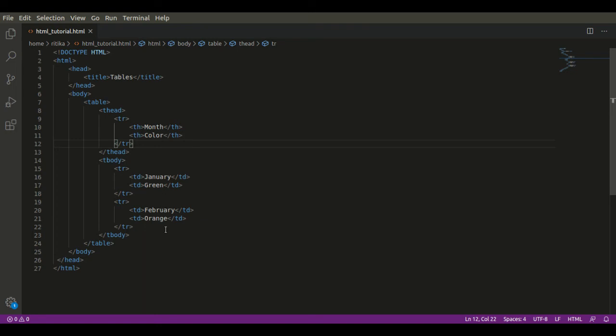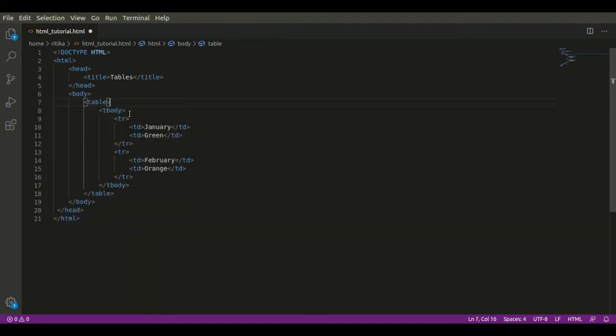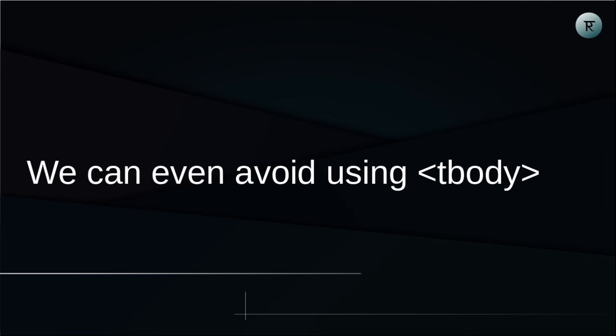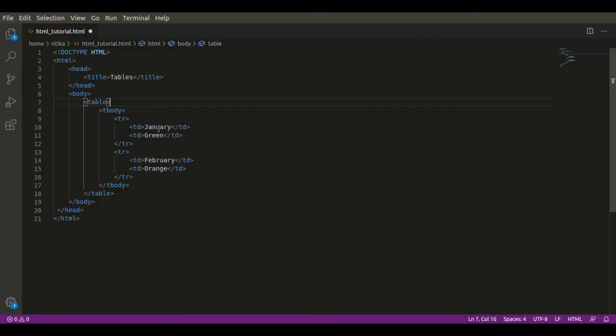We can divide the content into 2 or 3 parts by using a table. For dividing the content, we don't necessarily need T head. We can simply use T body and we can write a long paragraph kind of content here.